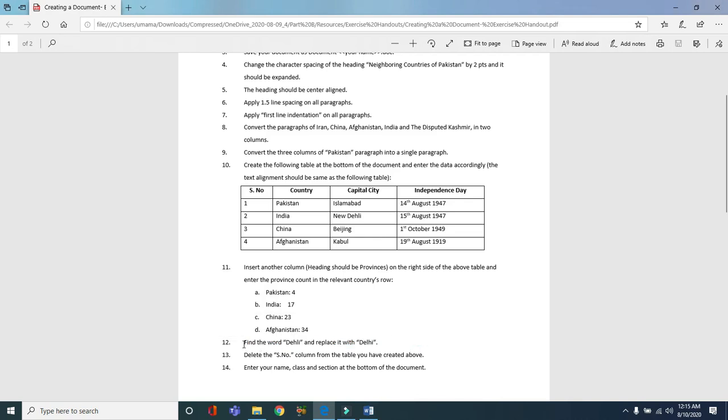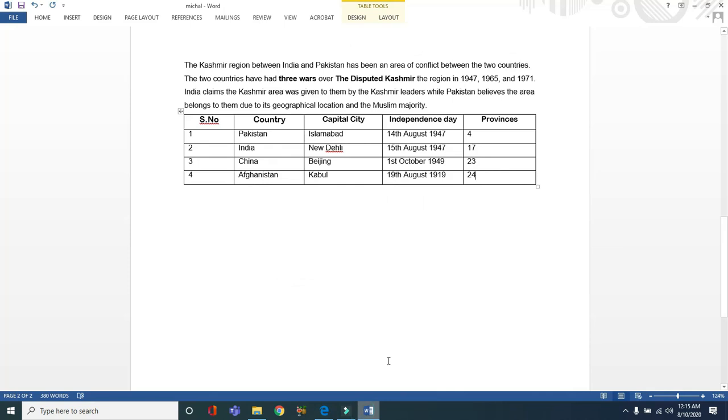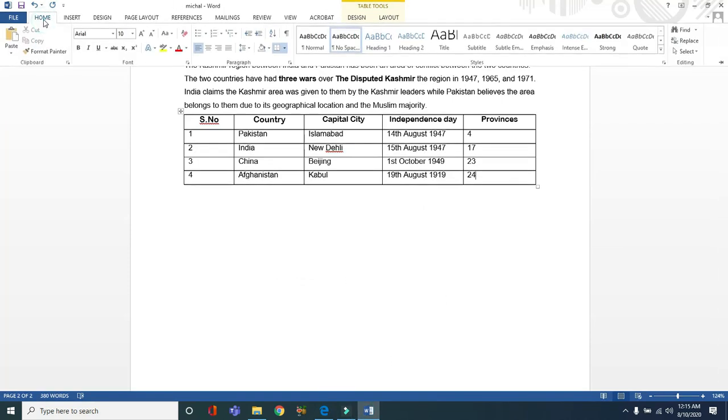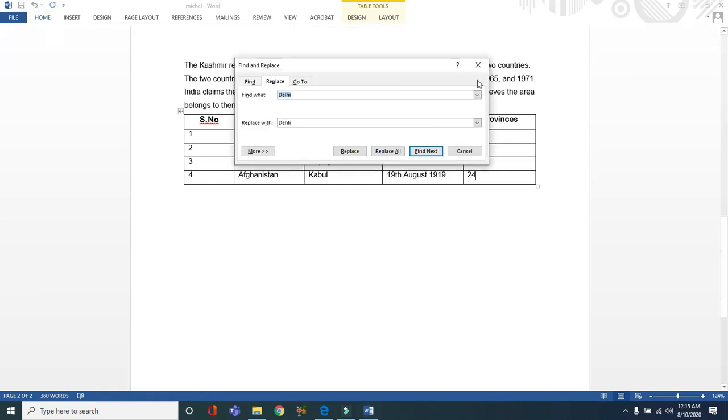The next step is to find Delhi, and we have to replace it with Delhi. So what we have to do is we will click on the document first, go to home tab. On the right side you can see the find and replace tool. We will click on it, and we will write Delhi, and we have to replace it with Delhi.